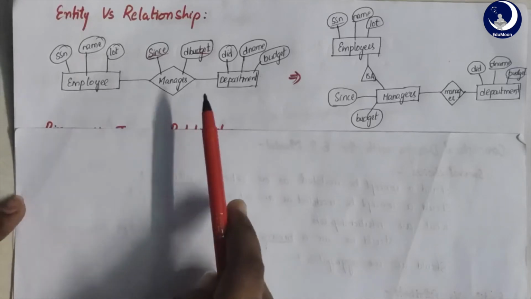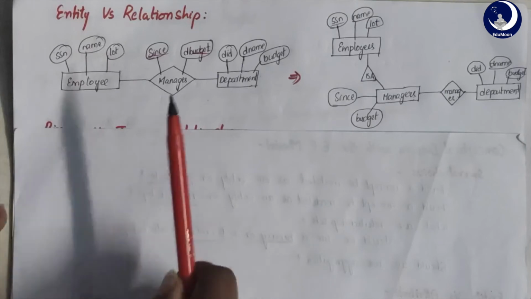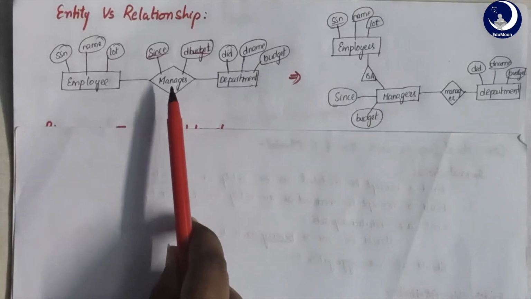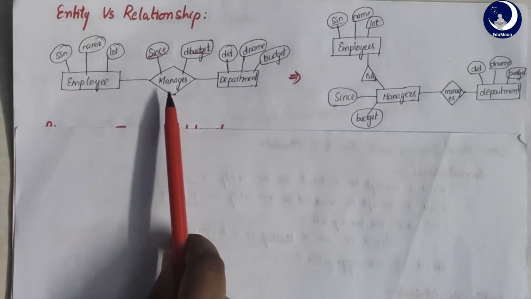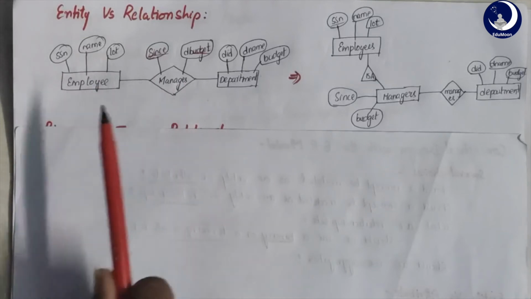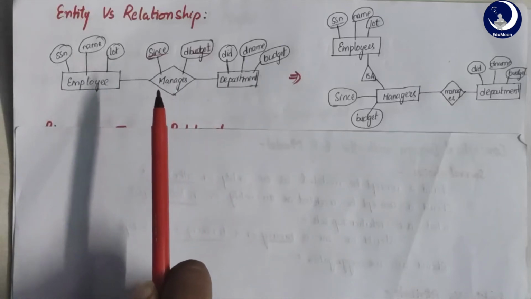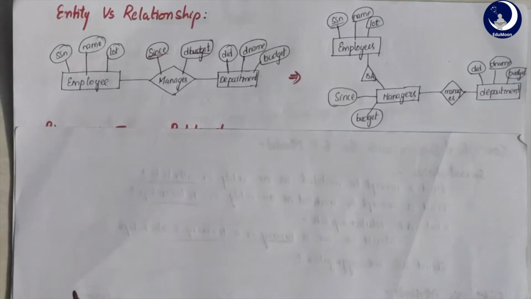The model that we have here with this assumption has two problems. The first problem is the manager's relationship now would be storing redundant values. The second problem is that this entire design is misleading, because according to our assumption, the budget should be associated with the manager entity and not the manager's relationship.